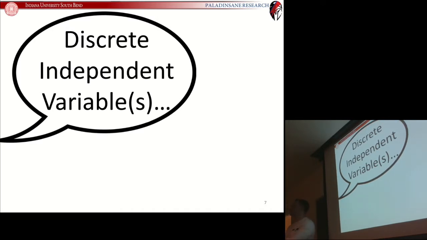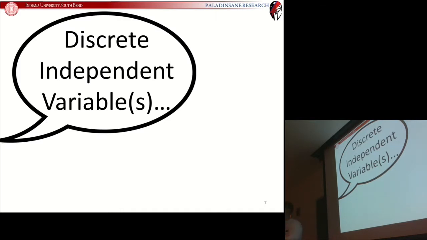So if you're looking at something like GPA, right, it's not just high or low GPAs. It's not categories. It's continuous. Maybe you have a 2.63. Maybe you have a 3.14. Maybe you have a 3.95. It's a continuous number.